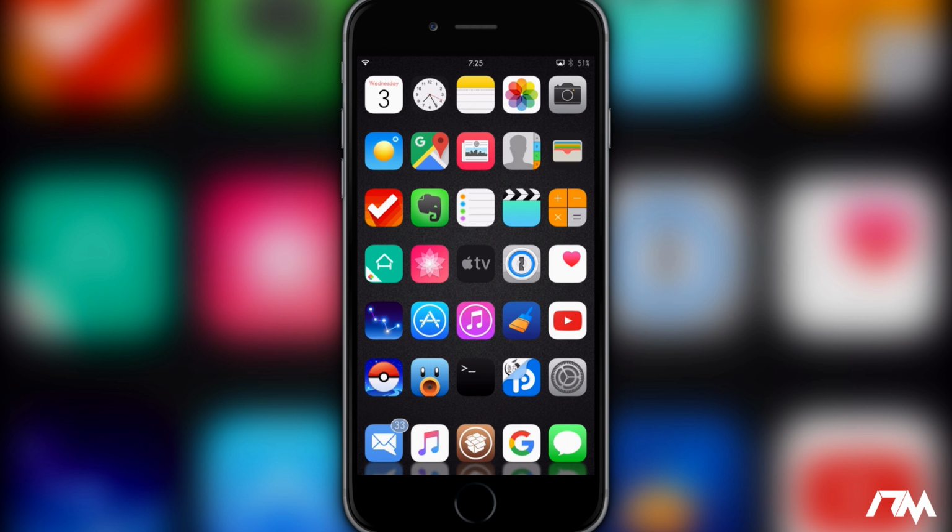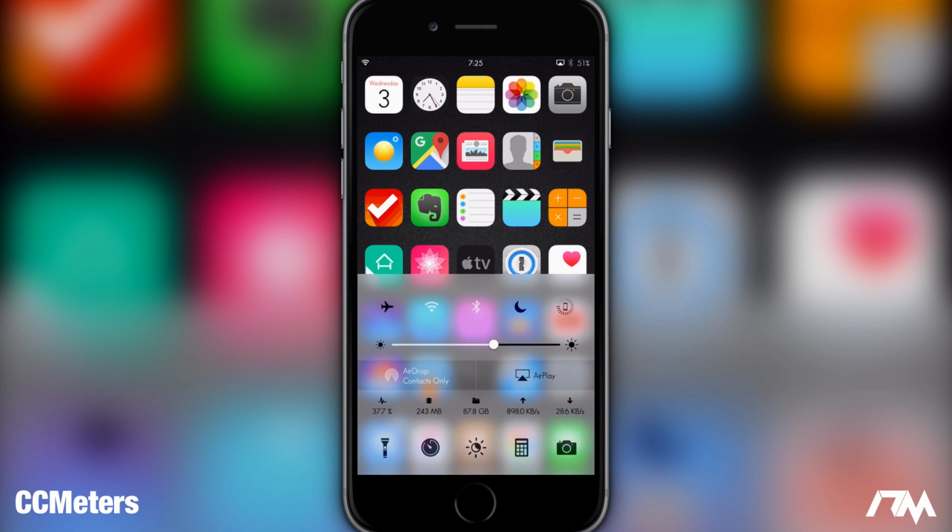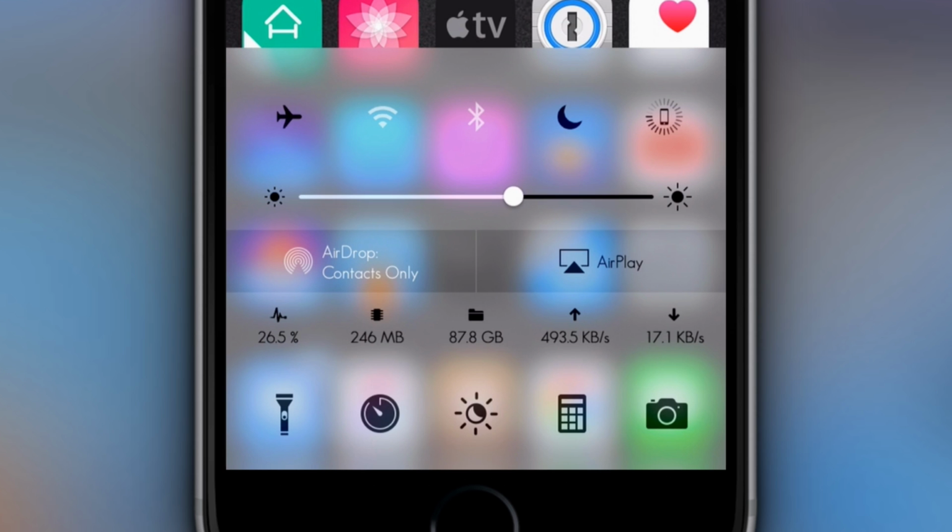The next tweak I got for you guys is called CCMeters. So if I go ahead and open up my Control Center again, I'm sure you guys saw the meters in my Control Center. It's basically showing my CPU usage, my RAM, my disk space. It also shows upload and download speeds there as well. It's kind of right in the middle above the bottom toggles there. It's very cool to see your available memory,